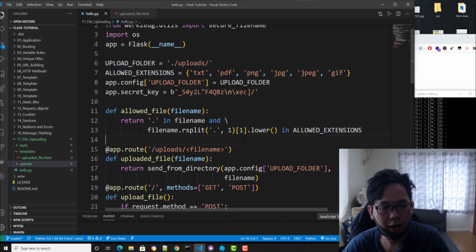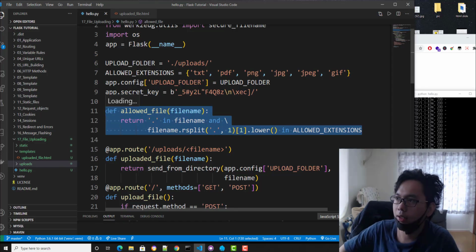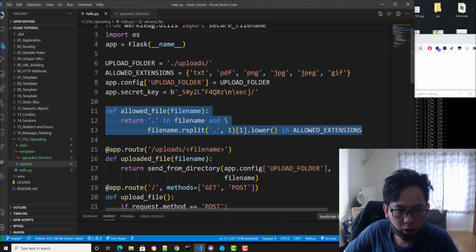You need to check the file name so that you cannot upload anything except allowed files. This is the best practice. For example, if somebody uploads index.php, that can delete your entire directory, and you're already in trouble.